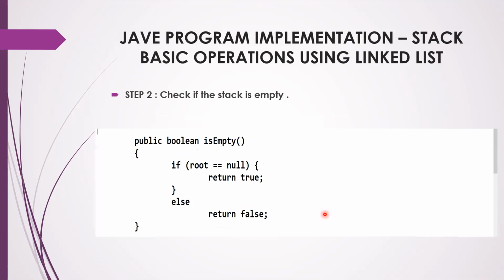Now, as you have seen in an array, the first thing is you have to check whether it is empty or not. If it is empty, it will return true, or it will return false. So how do you know a linked list is empty or not? We have to know it by the head node. So if the head node is equal to null, obviously the linked list is empty. So if root is equal to null, we have to return true. Else you have to return false.